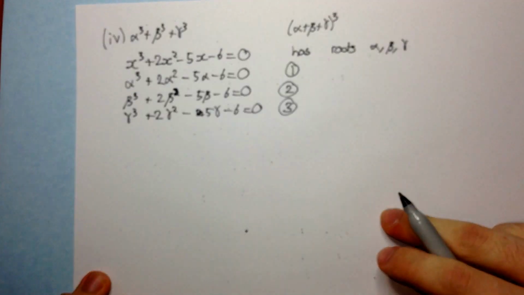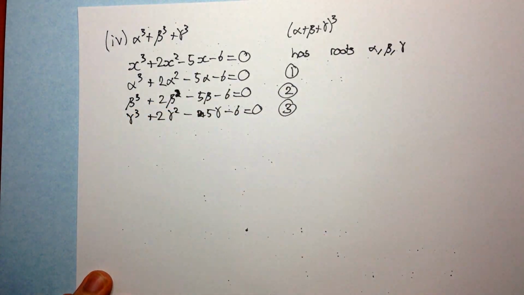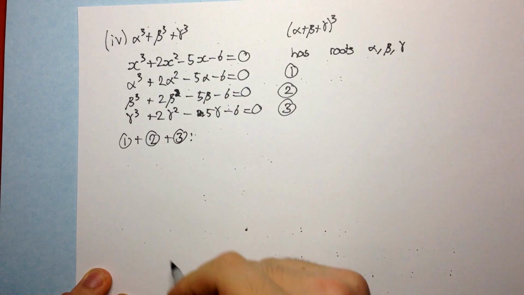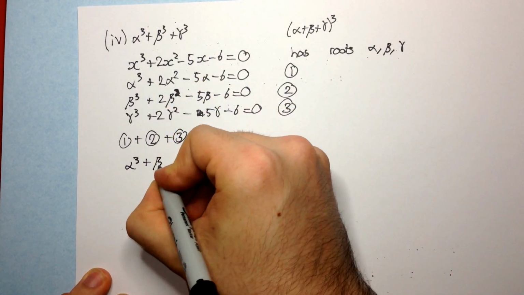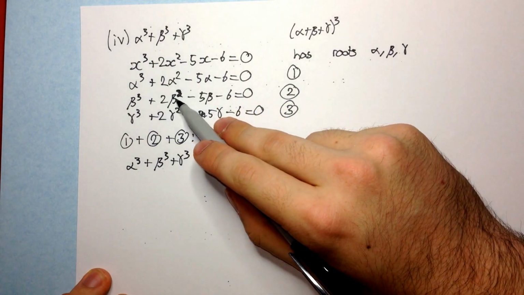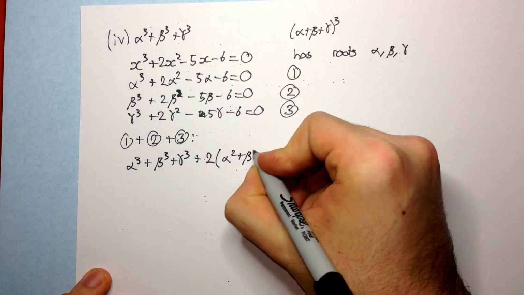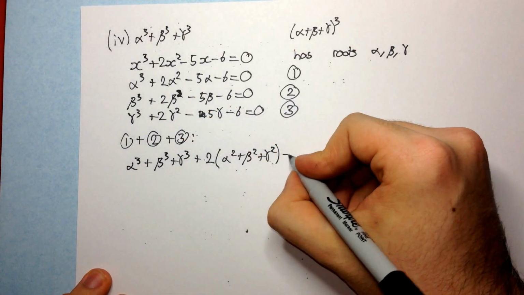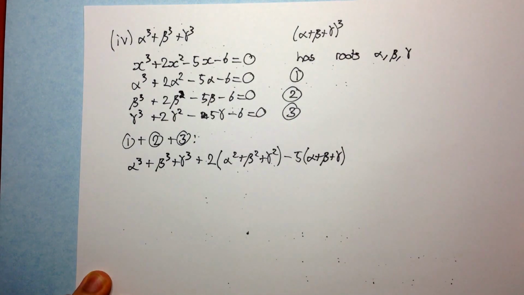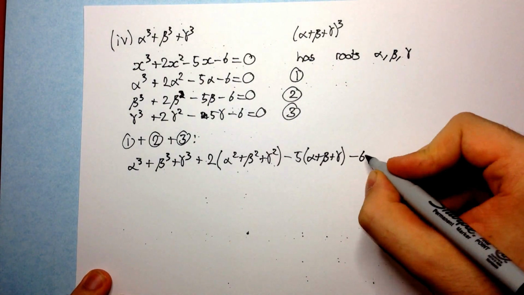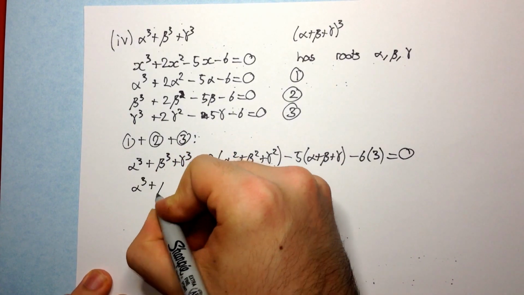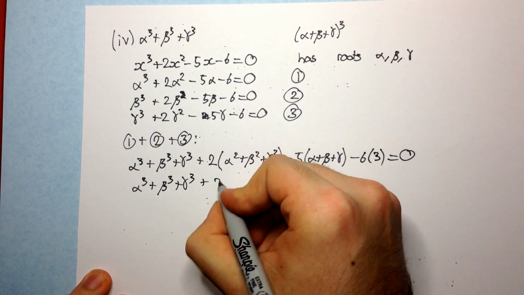Call that equation 3. Now we want alpha cubed plus beta cubed plus gamma cubed. Now you can notice that if you add up these three equations, you're going to get just that. You're going to get alpha cubed plus beta cubed plus gamma cubed, plus we can factor out a 2 and we get alpha squared plus beta squared plus gamma squared. We can factor a minus 5 and we get alpha plus beta plus gamma. And if we factor a minus 6, we get 3 lots of the minus 6. Okay, so alpha cubed plus beta cubed plus gamma cubed plus 2 into